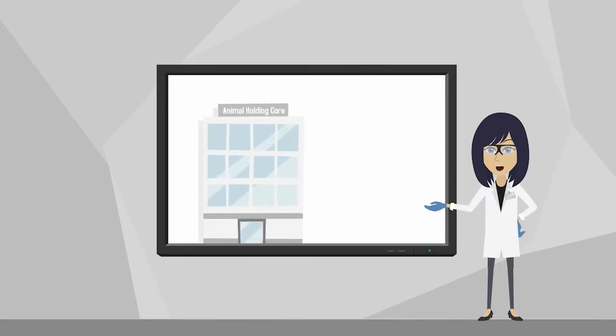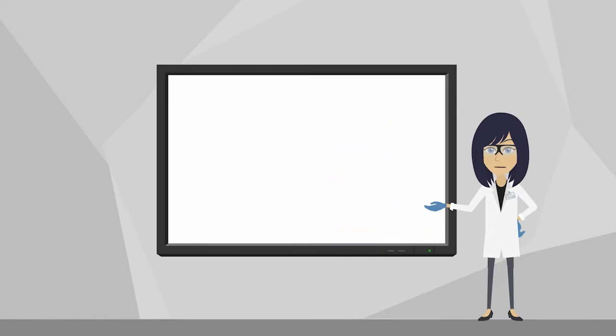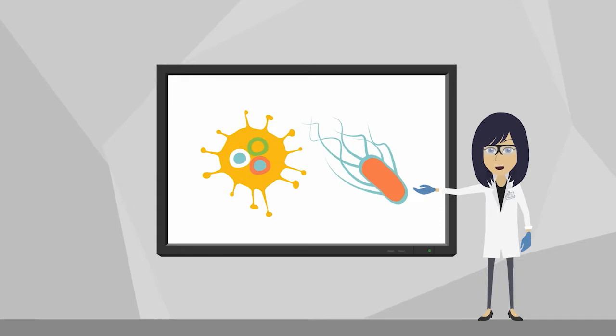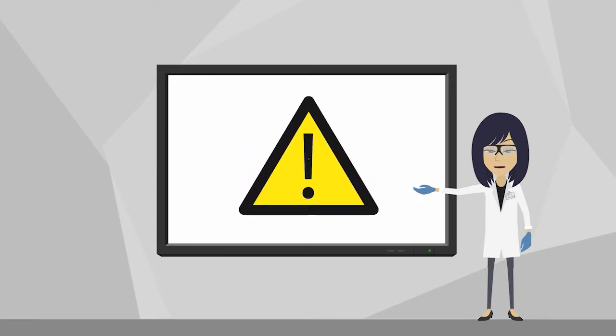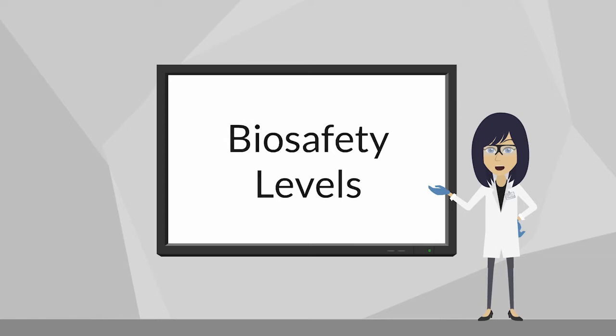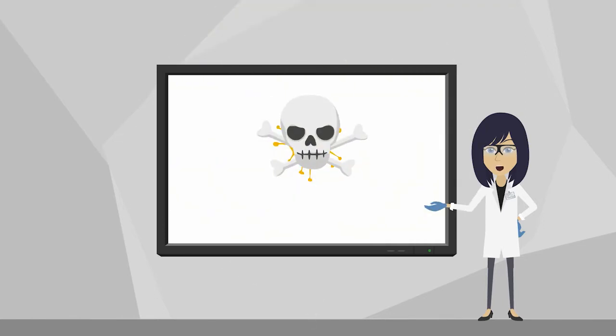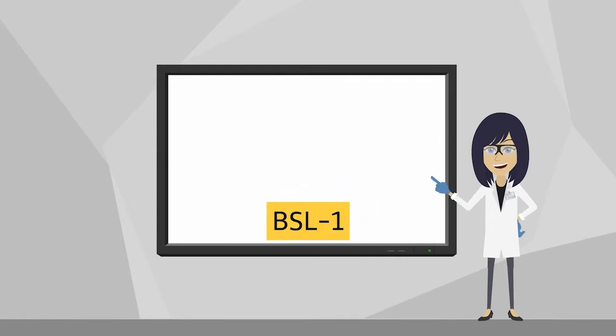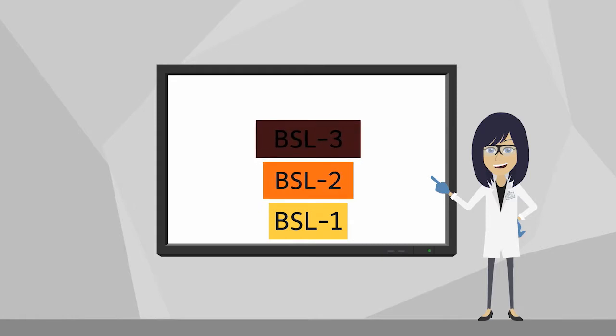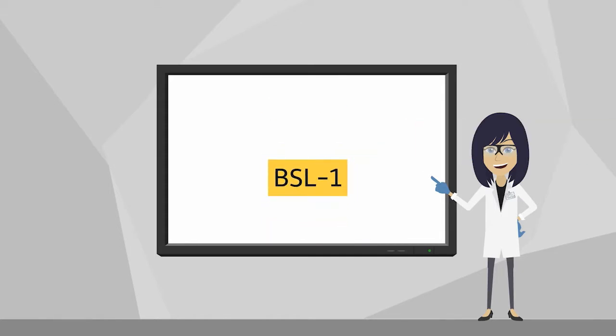When entering the animal holding core labs, you need to wear a lab coat, gloves, hairnet, face mask and shoe cover. The organism you are working with or exposed to will determine the proper safety precautions to take. These are designated different biosafety levels, BSL. The more pathogenic the agent, the more stringent the safety precautions are. There are 4 categories of biosafety level in increasing order of risk. The Lo Kui Siang Integrated Biomedical Sciences building can only handle the first 2 levels.